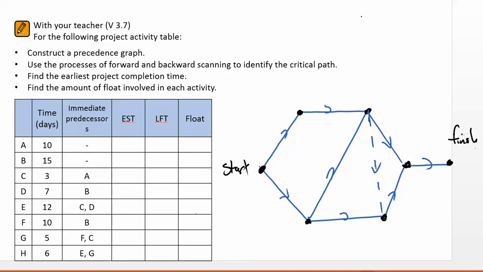In V3.7, we're going to construct a precedence graph, identifying the critical path and identifying my earliest start times, latest finishing times, and float. Quite a comprehensive question. Now, you'll notice that both A and B start from scratch. They have no predecessors. So I'm just going to put A branching up to the left, and then B branching